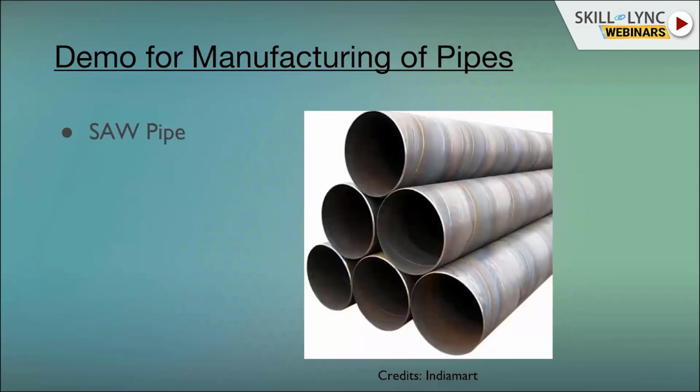See, in this picture, the pipe is in the form of a spring. If you stretch the spring, you can see the spirals, that is, round circles in between. That is only the welding part in which the pipe is being manufactured. This is typically known as a helical SAW pipe, or spiral pipe. Okay, next slide, please.